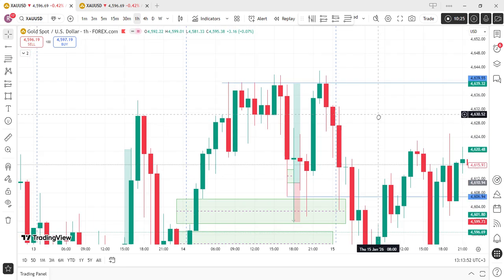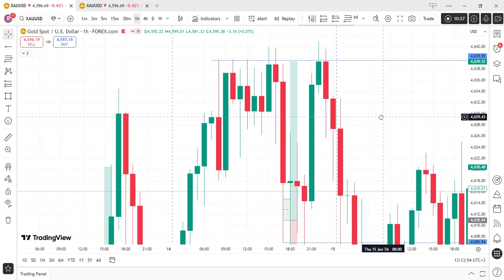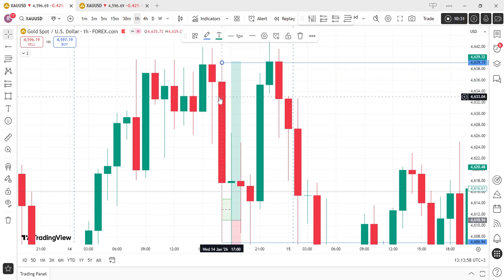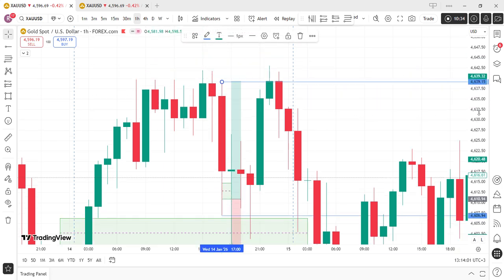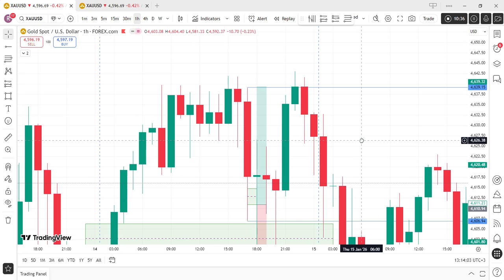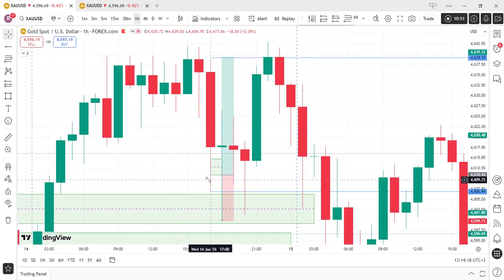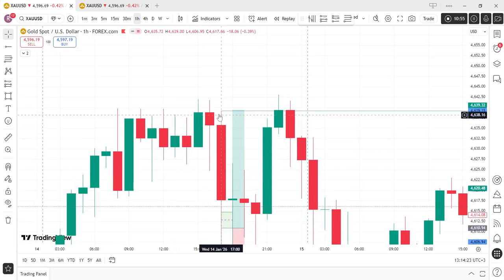And since you are looking for sales, another thing you would have done, you'd have just marked this high again. This is what? The silver bullet of 17 p.m. That's UTC plus 3. This is the time that is being used in East Africa and Dubai and Qatar. It is UTC plus 3. So just take a look at what's happening here. Price delivered from that specific sell side to the buy side of silver bullet.